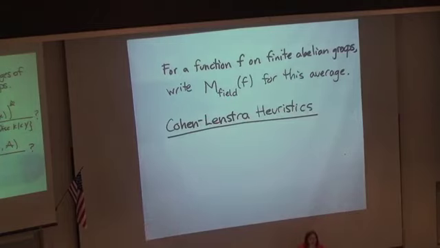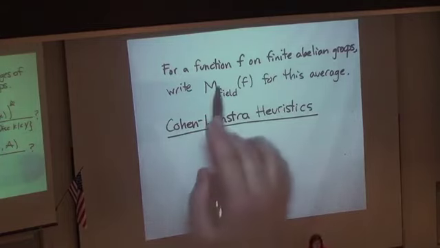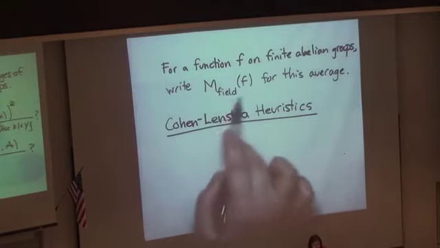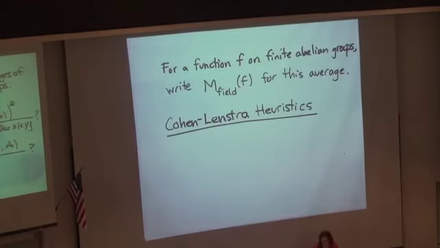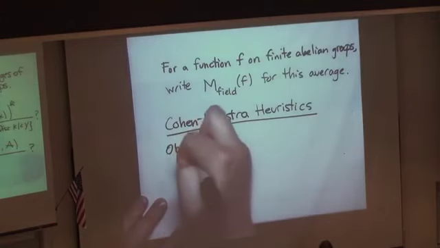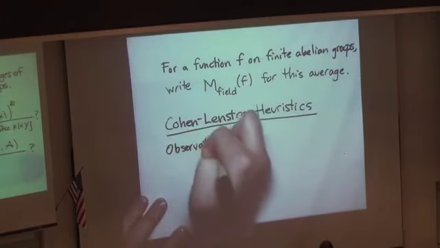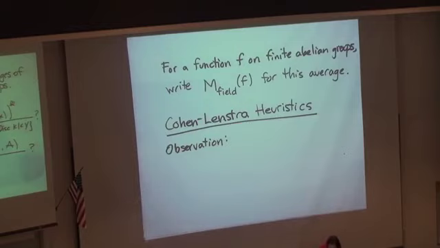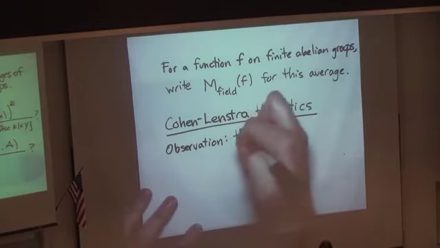Which are conjectural answers to all of these questions about class group averages, about these field averages of f for various f, like the characteristic function or the K power of the size of the p part or whatever. Okay, so the Cohen-Lenstra heuristics, they start from the following observation, which is that things